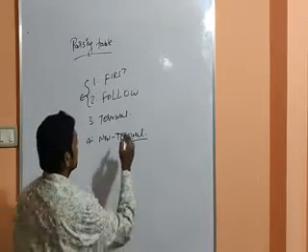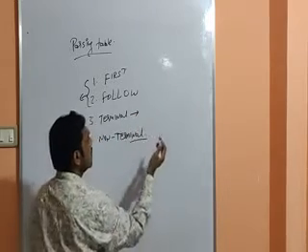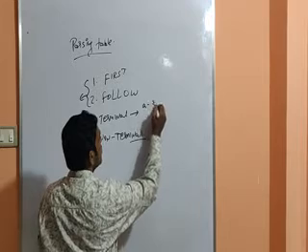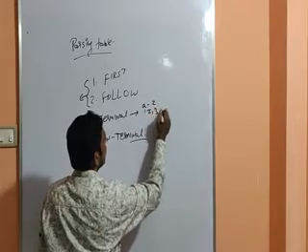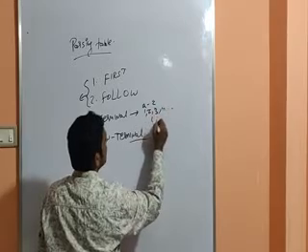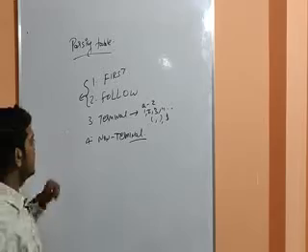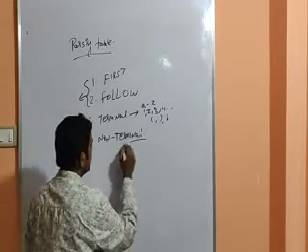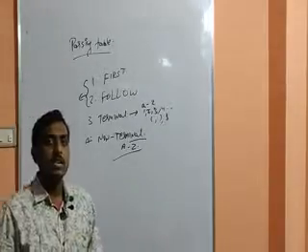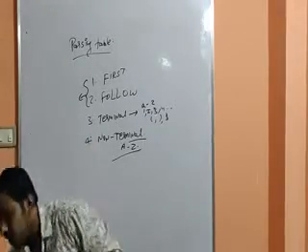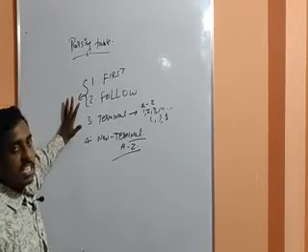Terminals are the things represented with small letters, small a to small z, numerical values, and so on, and special symbols. Everything comes under the terminals. And non-terminals are the things represented with capital letters. So these are the basic things which you have to know while constructing the parsing table.